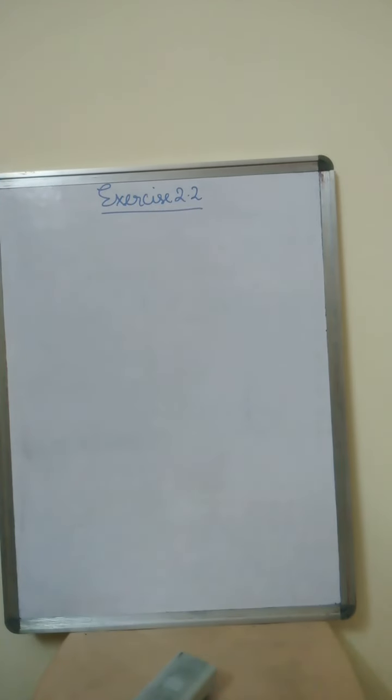So we start with exercise 2.2. Look into your book, page number 24. What is given in question number 1? It is divide the following. Okay, so now